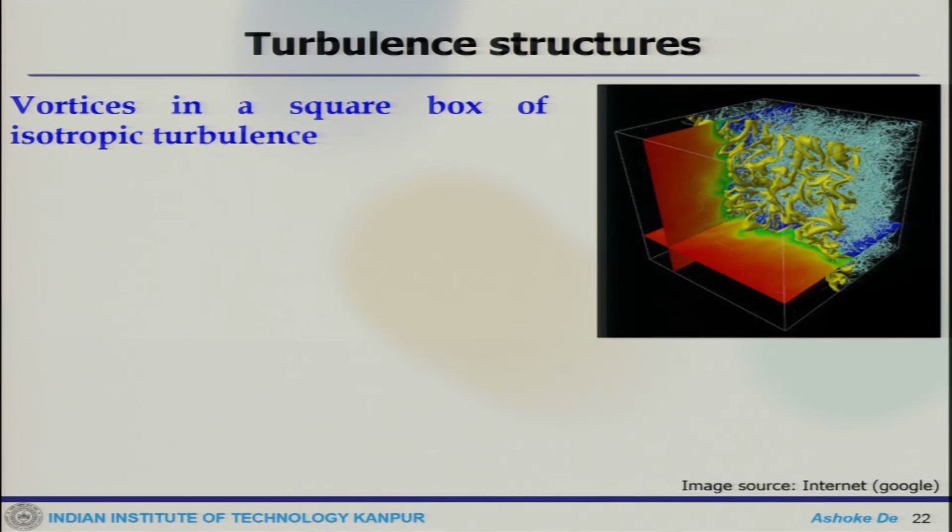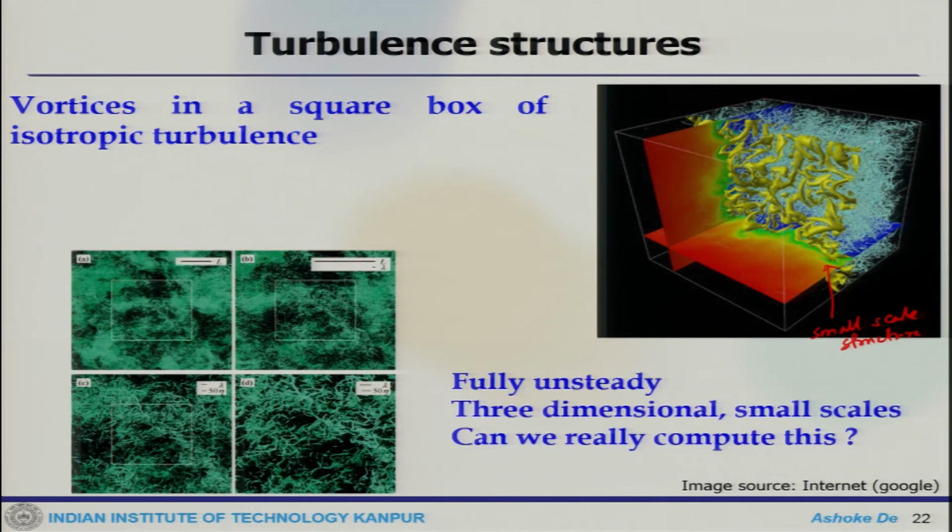Now, to just give you a glimpse of what a turbulent flow field looks like, though we will discuss these things in detail as we move along with our lectures. This is in a box isotropic turbulence, that means it is sort of homogeneous. You can see the small scale vortical structures, and these kinds of structures along with the large scale structures, they do participate in a reacting system. So, one can see different images.